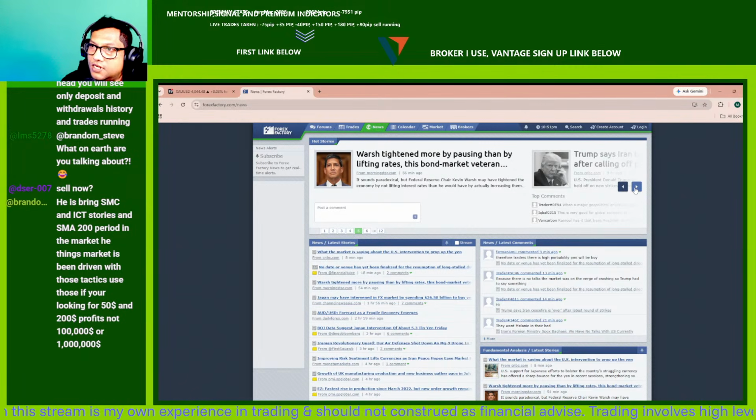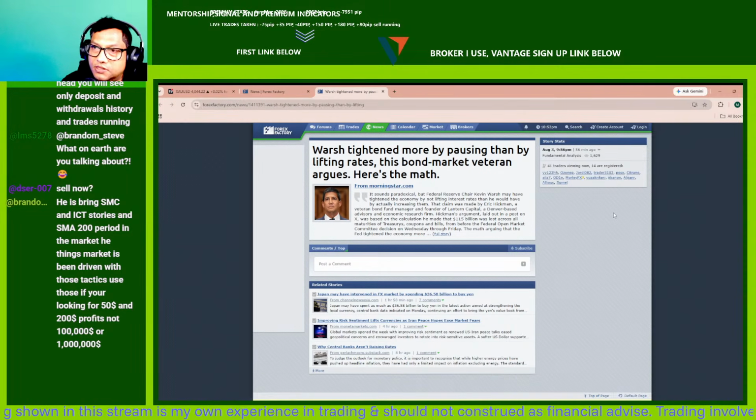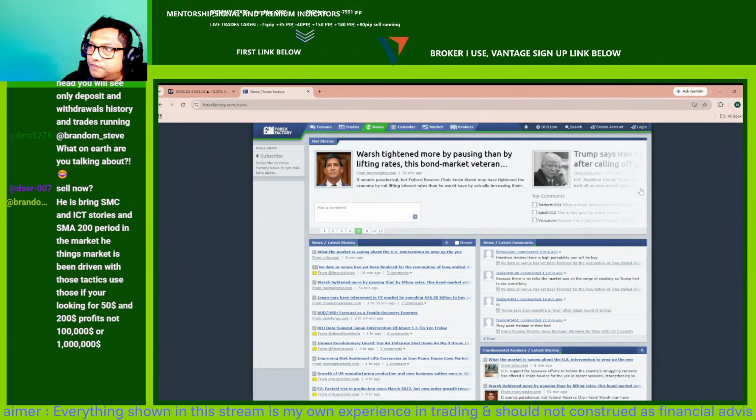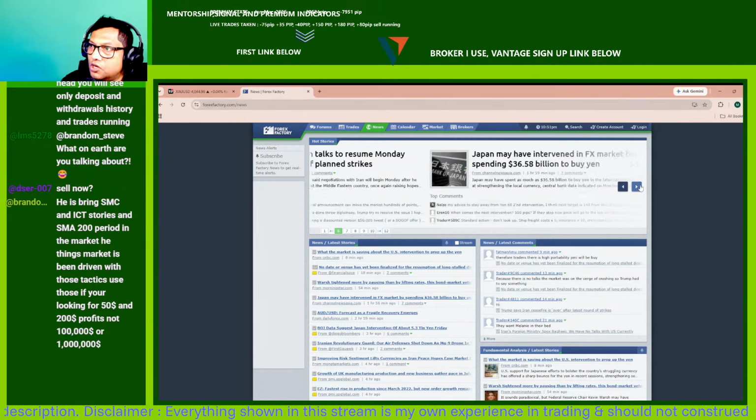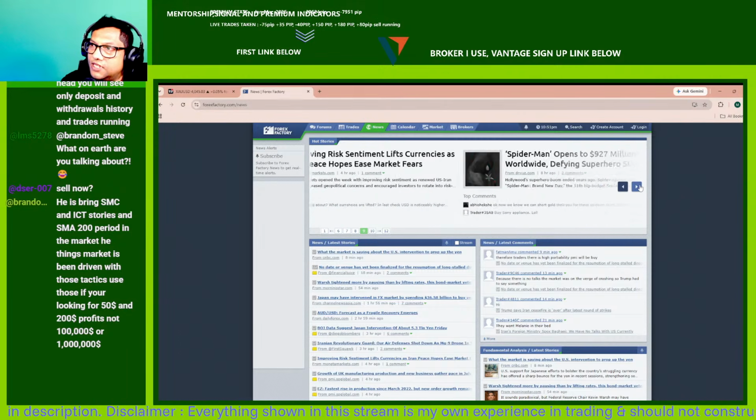We're tightening more by pausing than by lifting rates. Okay, I think that rate is significant. Was tightened more by pausing than by lifting rates, this bond market veteran argues. Here's the math. So Trump says Iran talks to resume Monday after calling off planned strike. Okay, we can see that there is